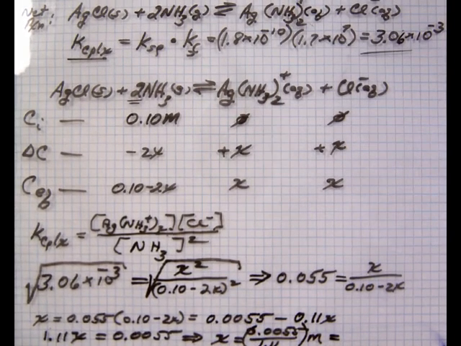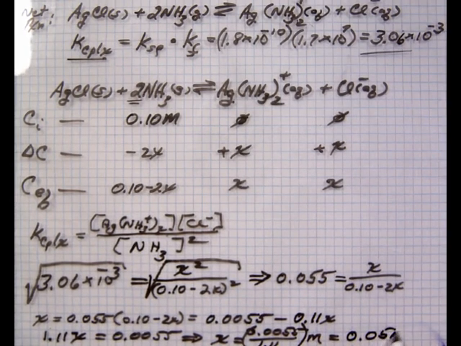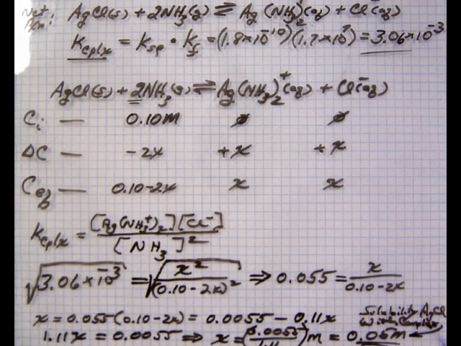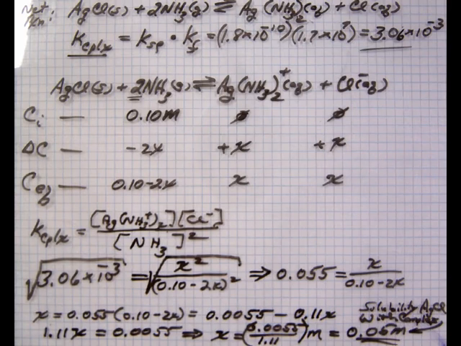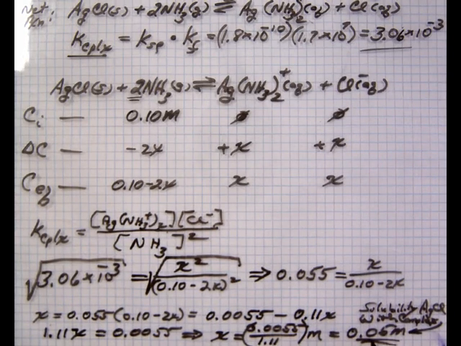That will give us the solubility as 0.05 molar, which is the solubility in the presence of the complex. So this kind of simplifies to the solubility of silver chloride with the complex right there,